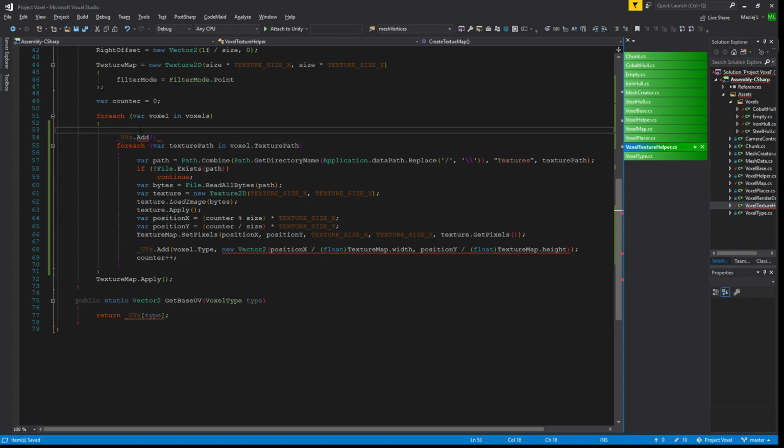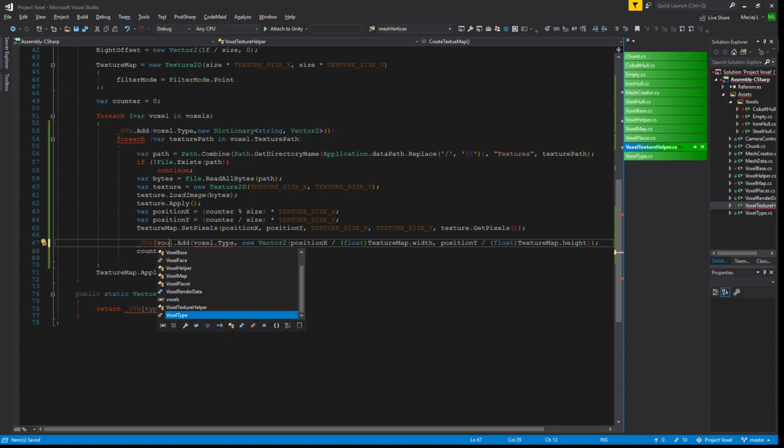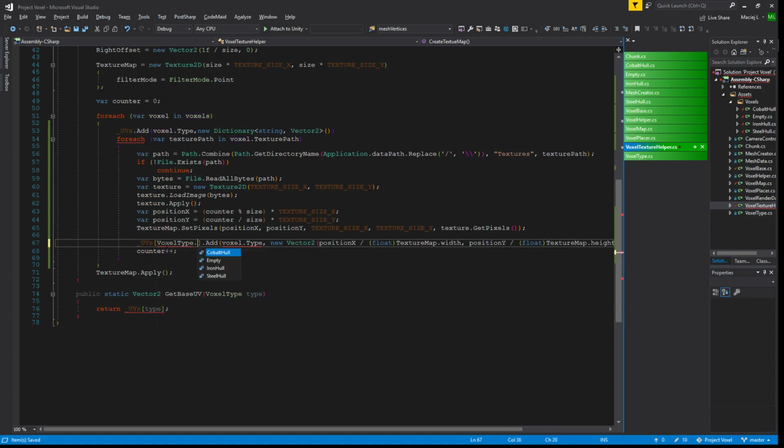Obviously we only do this once, and now we can do it always, doesn't really matter, because we could check if it has any textures, but we really didn't care. We can just add it. So voxel type and a new dictionary, and then here we'll do UVs voxel type voxel dot type